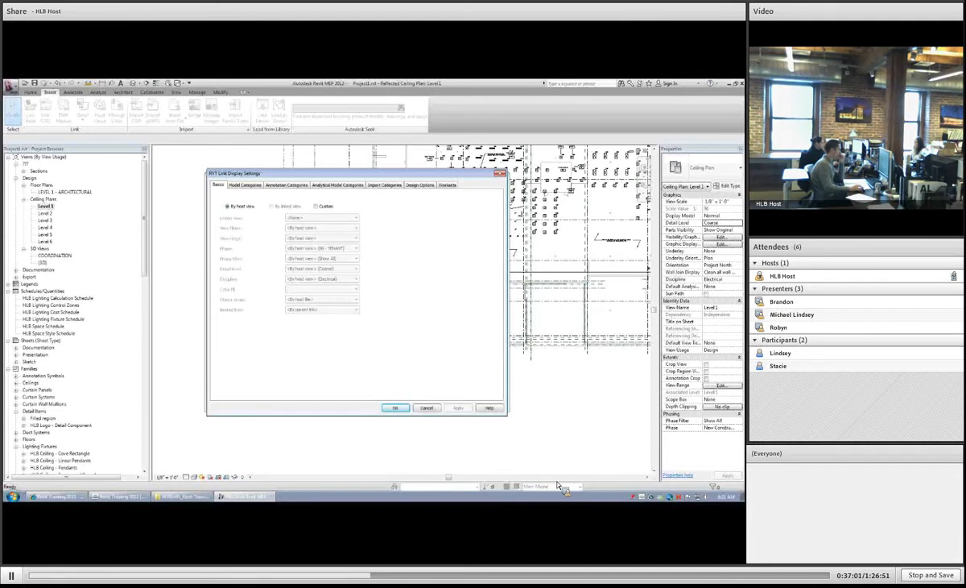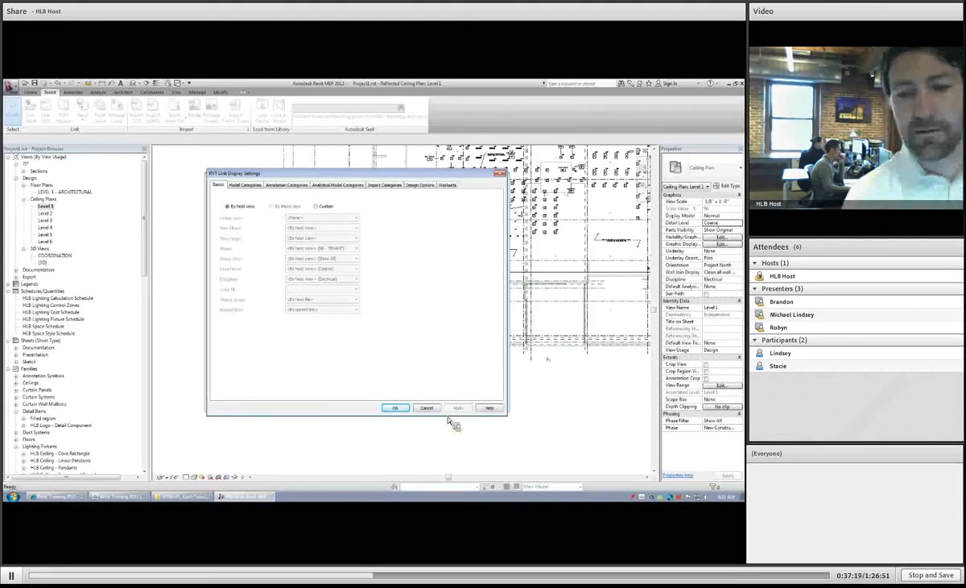It's going to take the work sets that are on, and it's also going to take any kind of graphic overrides that are on, which sometimes, if you have to navigate a model that has lots of work sets, really is a big help. But